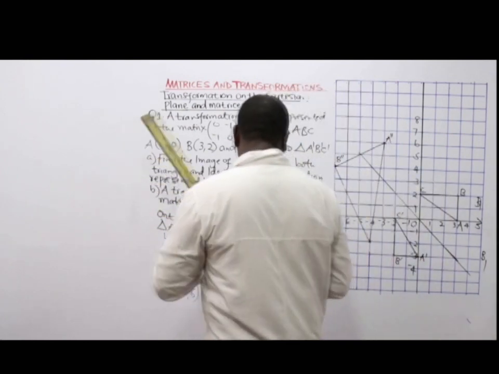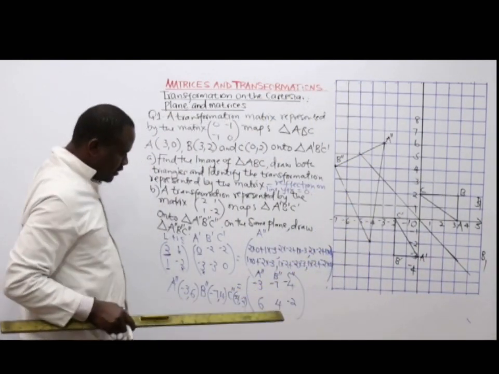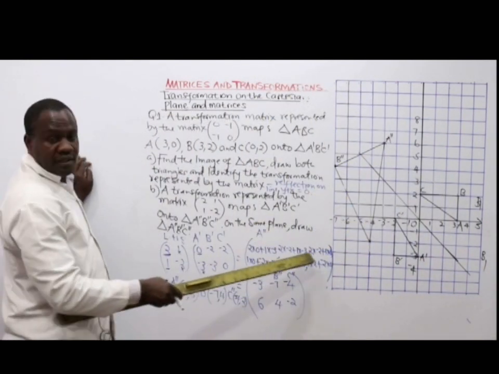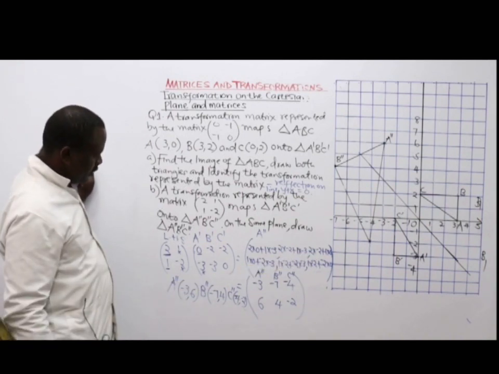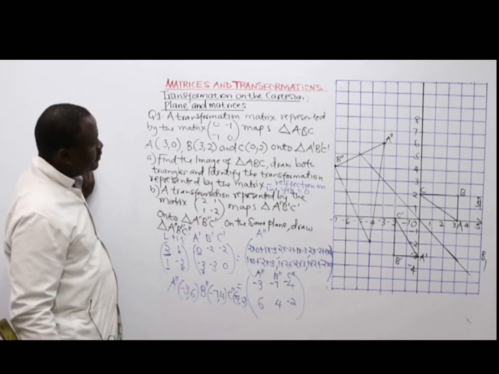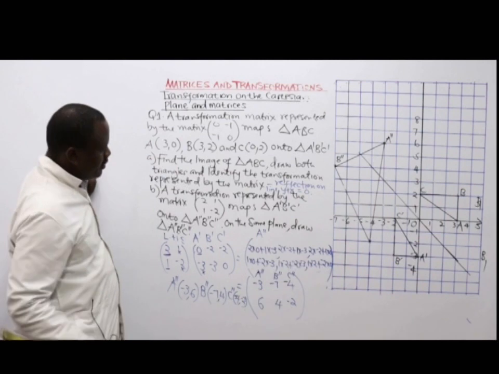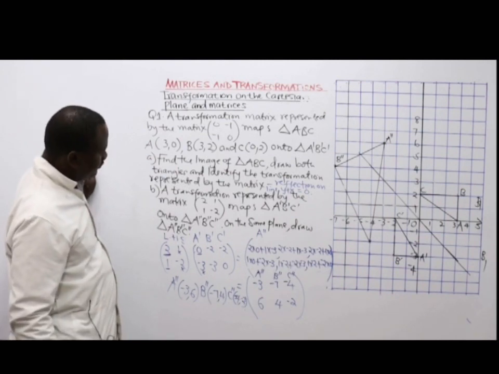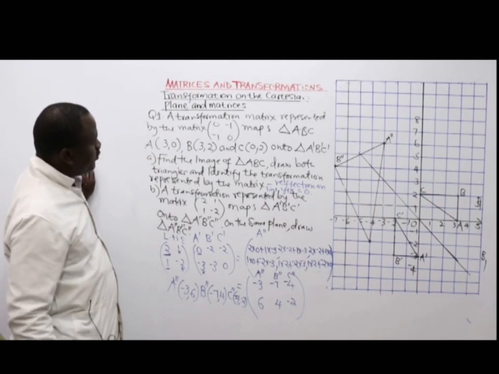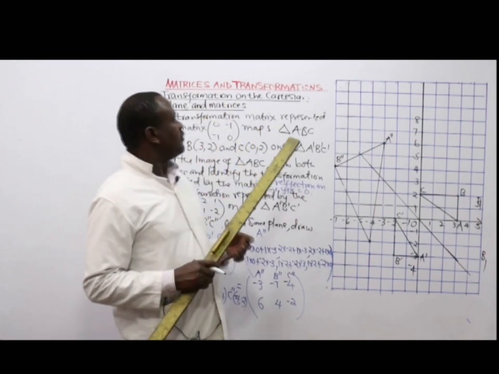So it's good to repeat and see whether you have made a mistake, or you could use a calculator for accuracy. So that is the image. So we can have transformations following